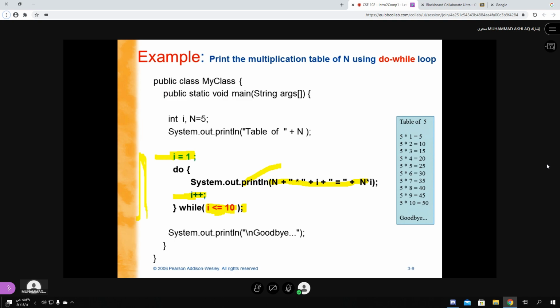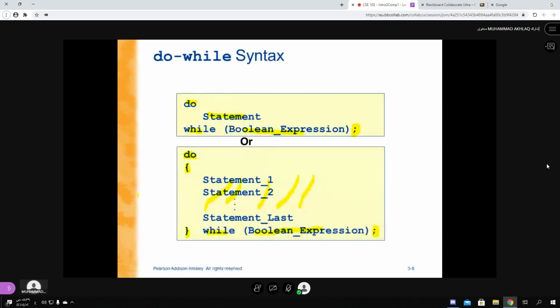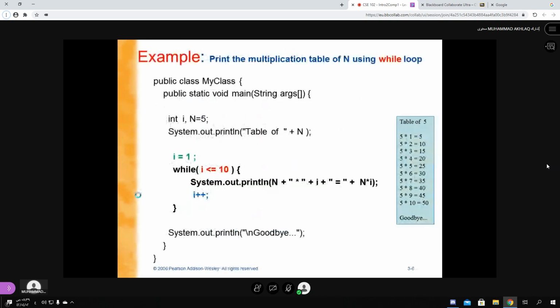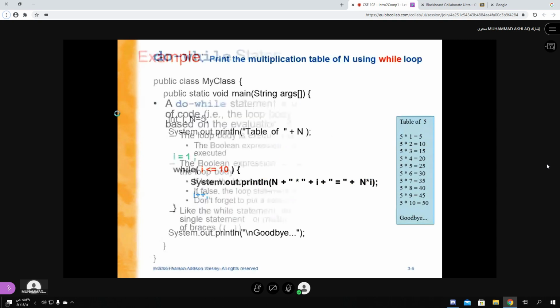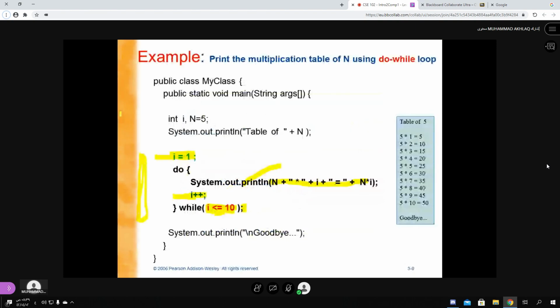But some things may not appear even once. The while loop runs zero to n times. Do while runs 1 to n times, at least once.